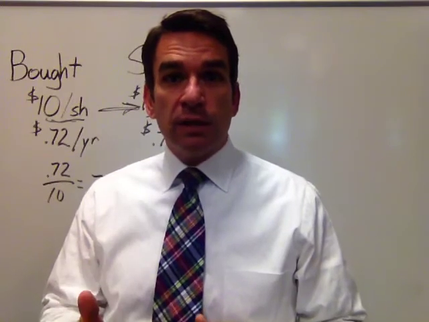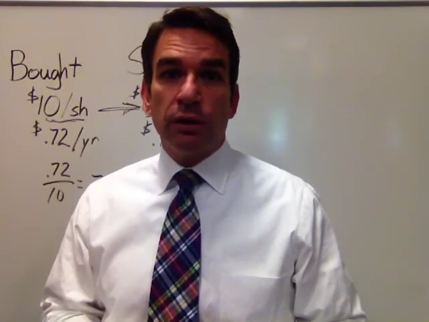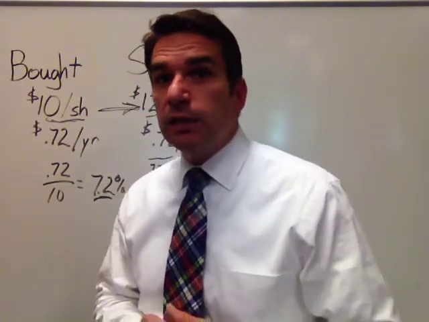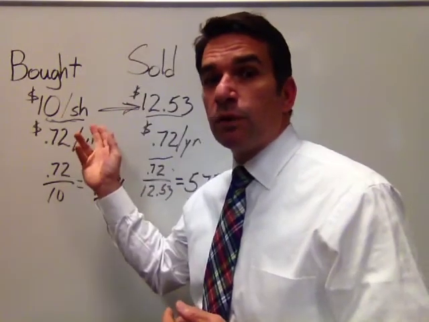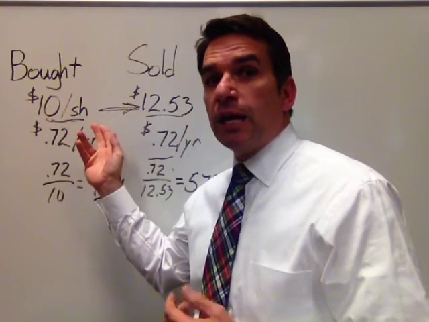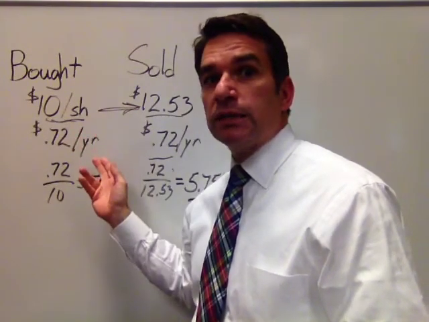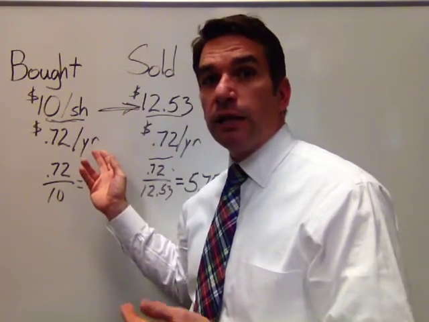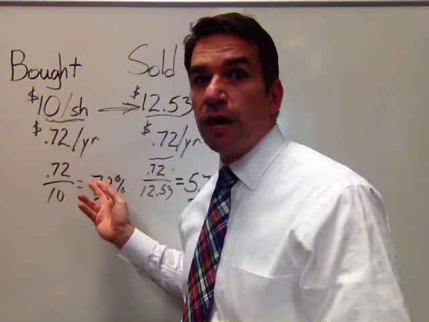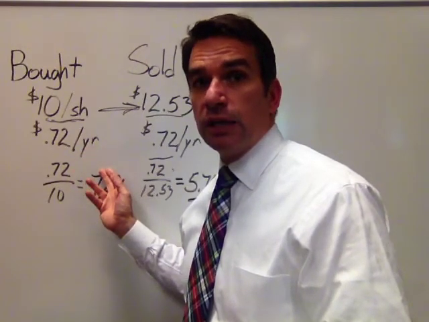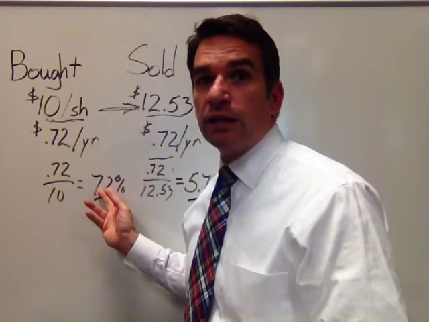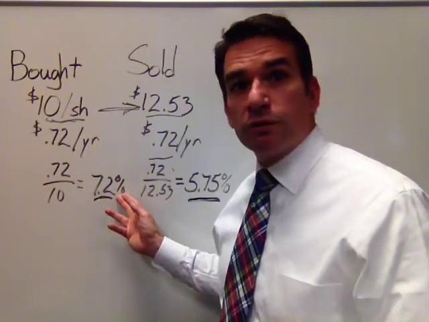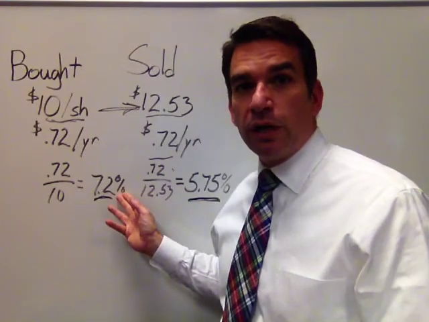Now, this is a hypothetical example, but it is based on an actual security that we did buy and sell in many client portfolios. And in this example, we bought the shares for $10 per share. And at the time we purchased them, it was yielding 72 cents per year in an annual dividend. So to calculate the yield on the security, you would divide the income of 72 cents by the share price of $10 per share to get a yield of 7.2%. So it was a very attractive yield when we bought the security,